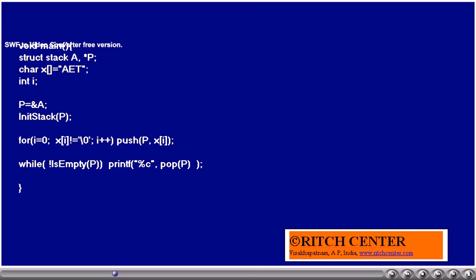The for loop is used to traverse the string X character by character till we encounter null, and each time the character is pushed into the stack. And then the last while loop traverses the stack till it becomes empty and pops one character each time and prints the same. The following slides will demonstrate how it's going to function.